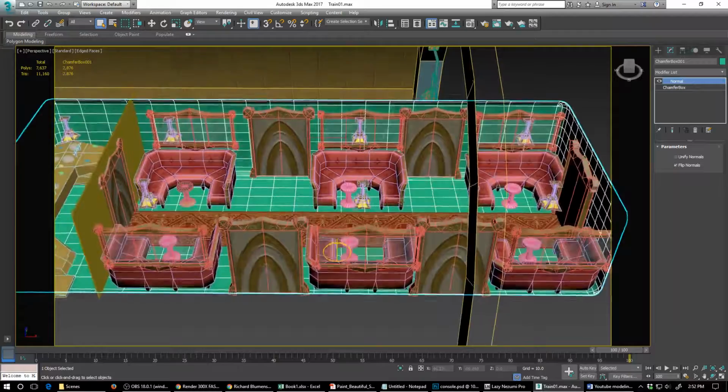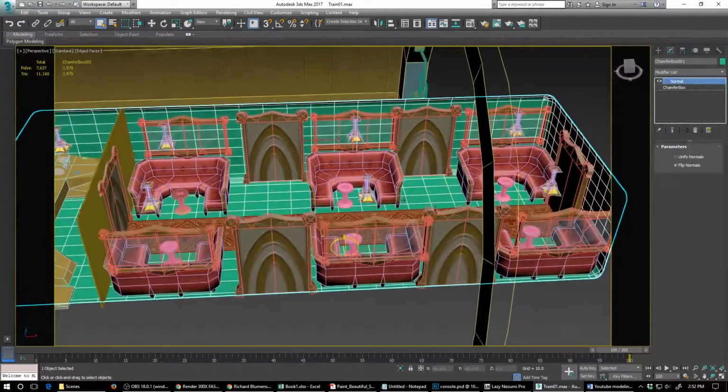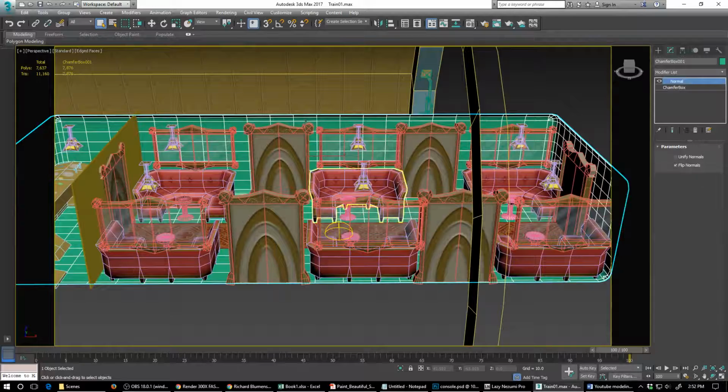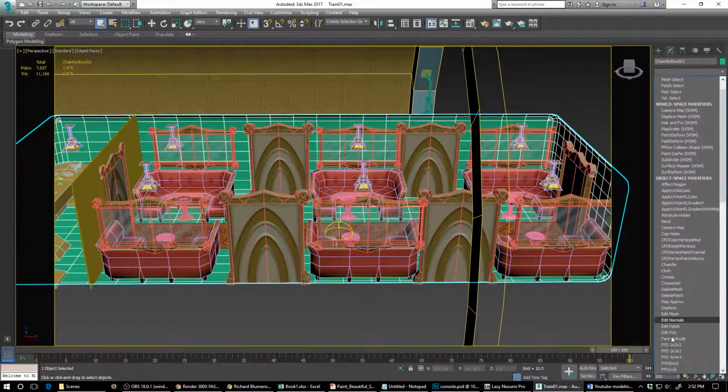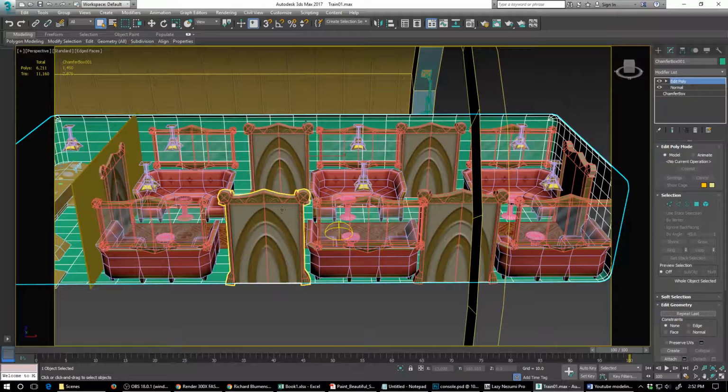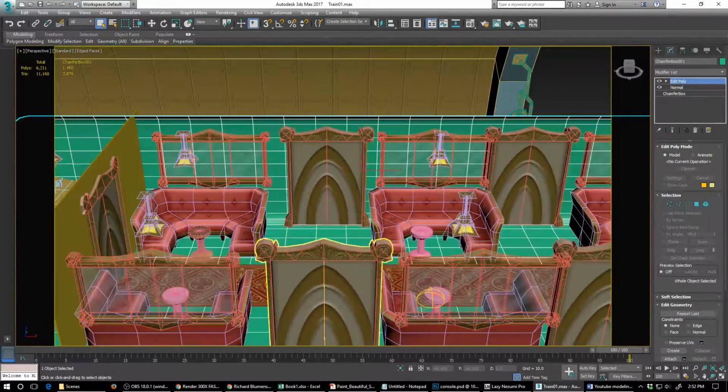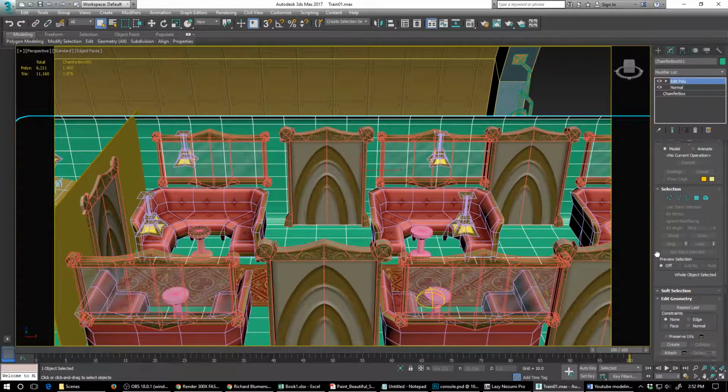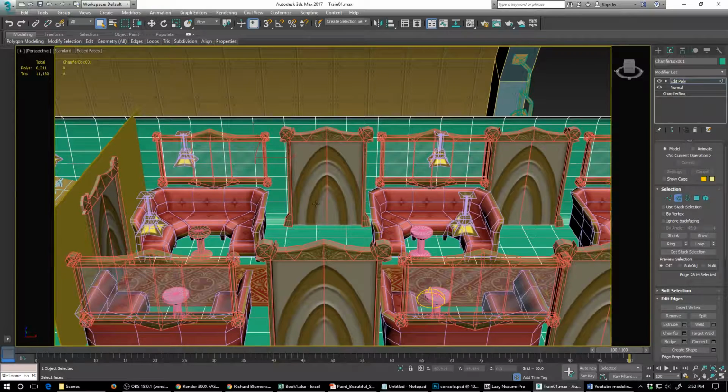And so with all these polygons in the way, I need to start clearing things out. Basically I'm going to add an edit poly modifier on top of it, like so. And we're going to go in and start selecting edge loops. Now I've got a hotkey selection for my edge loops, so I'm going to go here, and then I think I still have a hotkey selection, so let's try not loop, we'll go ring, and then I'm going to just move this until it hits like so,